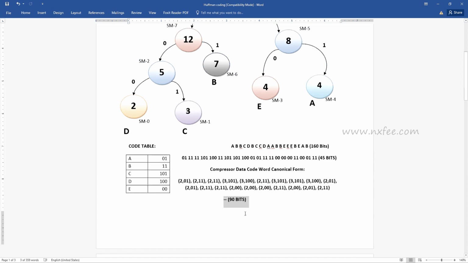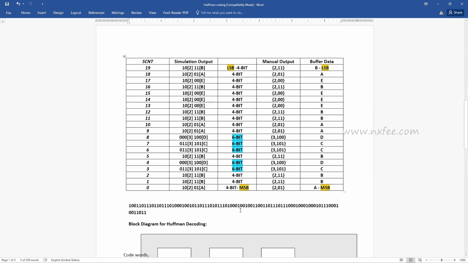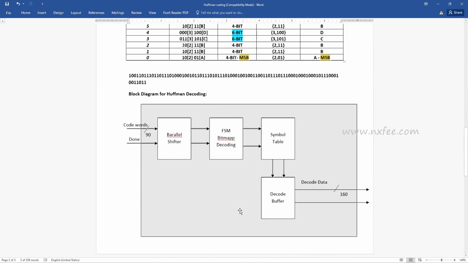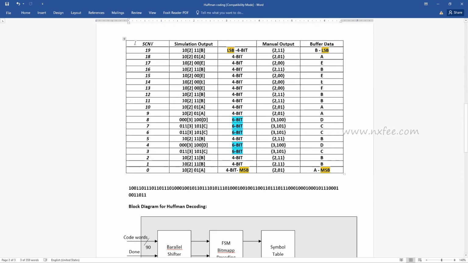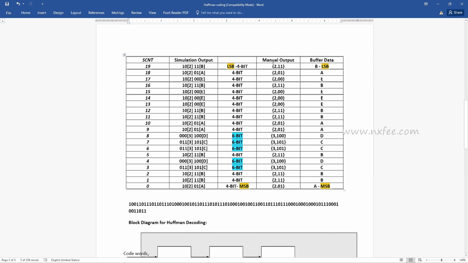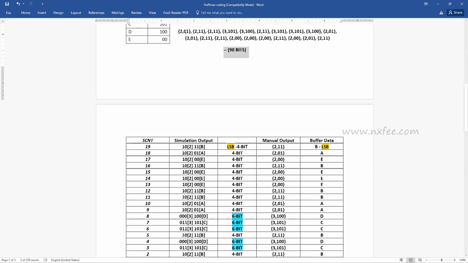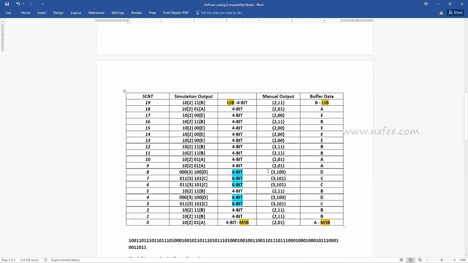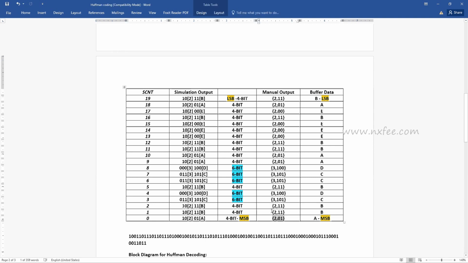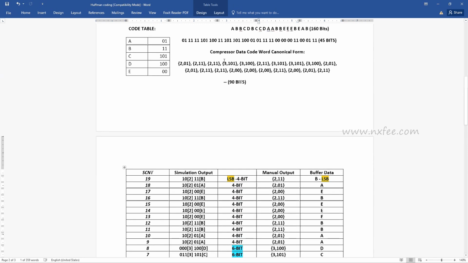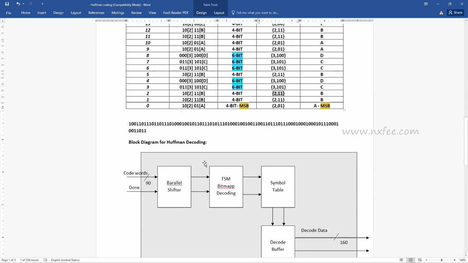Here this is the decoder architecture. Before the decoder architecture, for reference we created this table. We need to analyze the encoding output: this 201, 211 is the buffer data. We need to describe this, and after that we will design the architecture, the block diagram